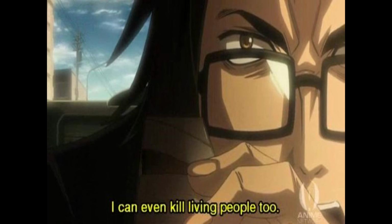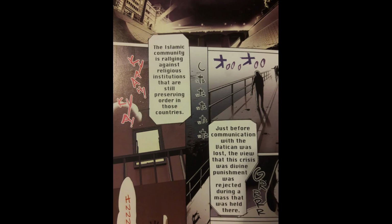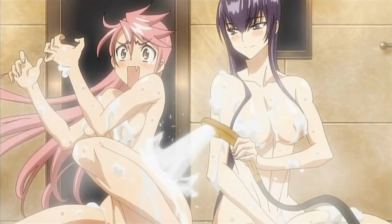Speaking of philosophical and sexy, there was this part in the book where I think it was coming over the news that Muslims in the Middle East were overthrowing their religious overlords and stuff. I guess like the imams and the mullahs and stuff. And I was like, I wonder if that really would happen during a zombie apocalypse. And then I flipped the page and all the chick characters are in the bathroom naked. And naturally my mind just went,